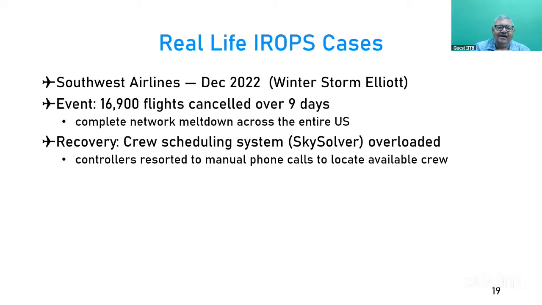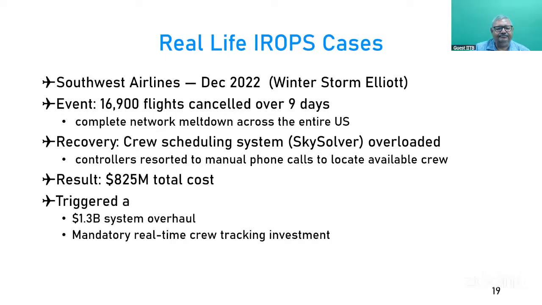Therefore, the controllers had to manually call the available crew. Imagine the people in the IROP control room, the so-called IROP controllers, calling up people and asking, hey, where are you? Are you available? Are you legal? Are you allowed to fly? Can you come? How much time will you take? Is that airport near or this airport near? The result of all this is a massive loss of almost $0.8 billion